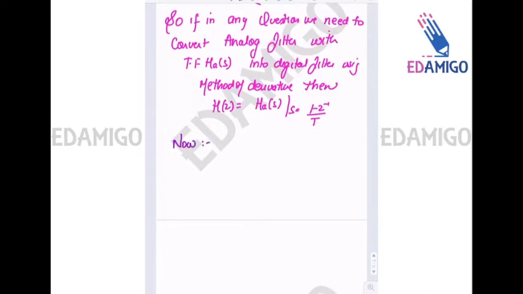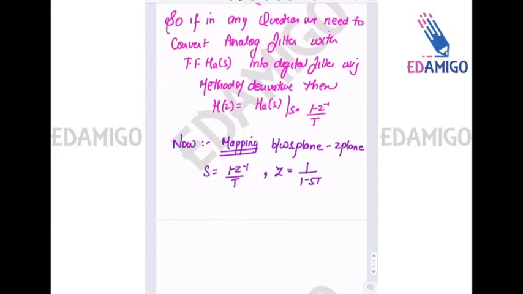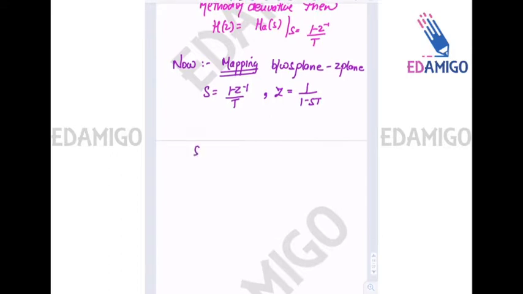Now let us do the mapping between the S plane and Z plane. Since s is equal to (1 minus z inverse) upon capital T, we can say that z is equal to 1 upon (1 minus sT). Okay. Now, since s is equal to j omega, where omega is